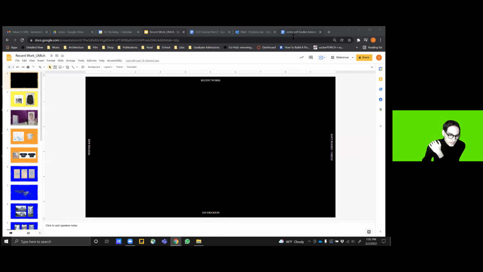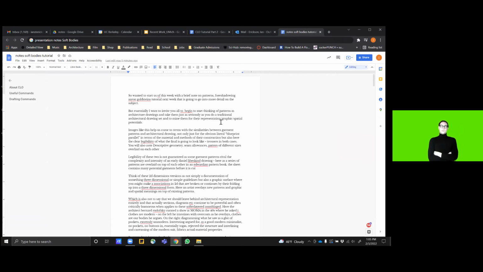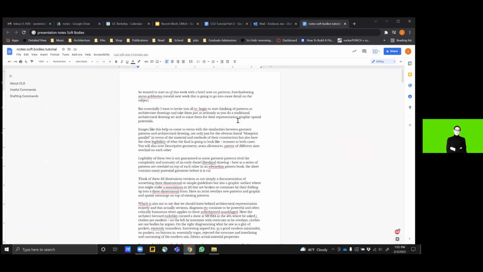And so, as I was saying, essentially, we both want to invite you to begin thinking of patterns as architectural drawings and take them just as seriously as you do a typical architectural drawing set, and begin to mine them for their representational, graphic, spatial, etc. potentials. I think these two images here are helpful in helping us come to terms with the similarities between garment patterns and architectural drawings, not only for the literal parallel in terms of the materials and methods of their construction, like here, a literal blueprint, but also for the legibility of what the final project